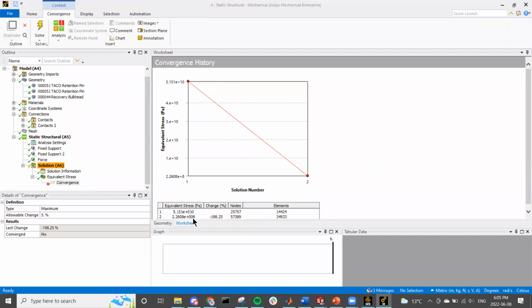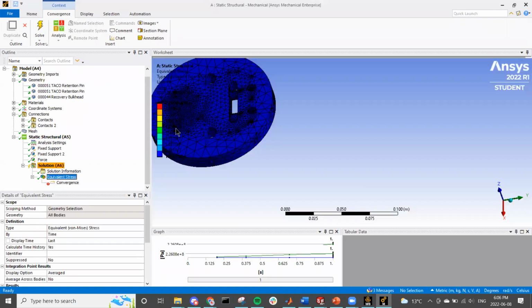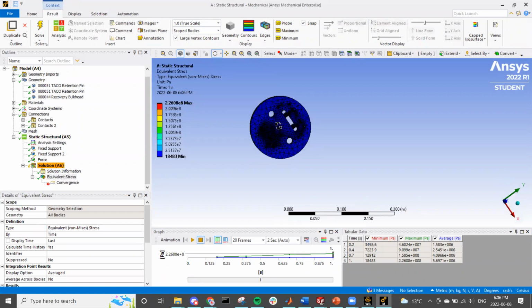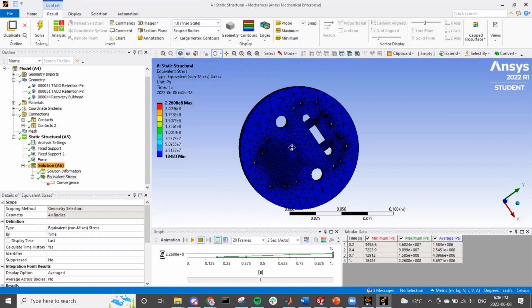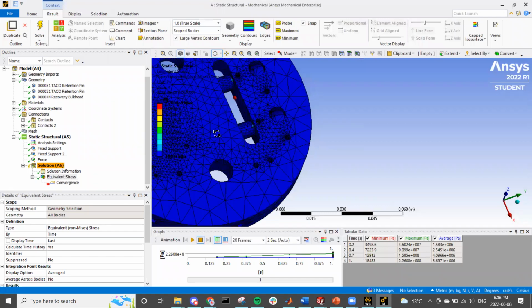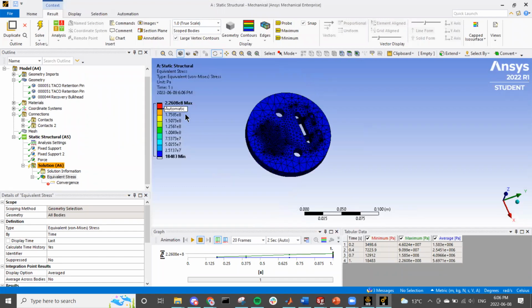Now you can see there's already a ginormous change between the first and second stress. So the mesh was not good enough, basically. It still needs to converge, but how you interpret your results is you open your solution and you get this color plot, which shows you stress maps. In this solution, the maximum stress was